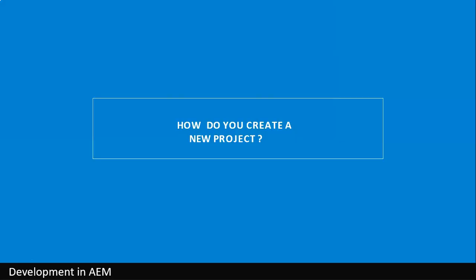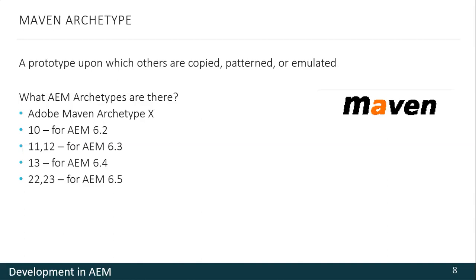So, the first question that beginners encounter is how do you create a new project? To create a project, you can use a Maven archetype. Different versions of AEM have their own most suitable version of archetype.